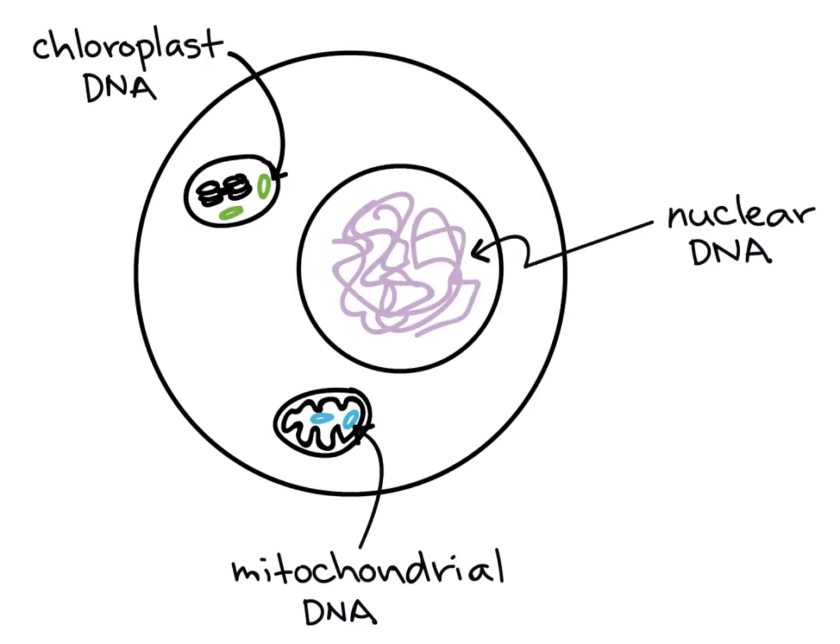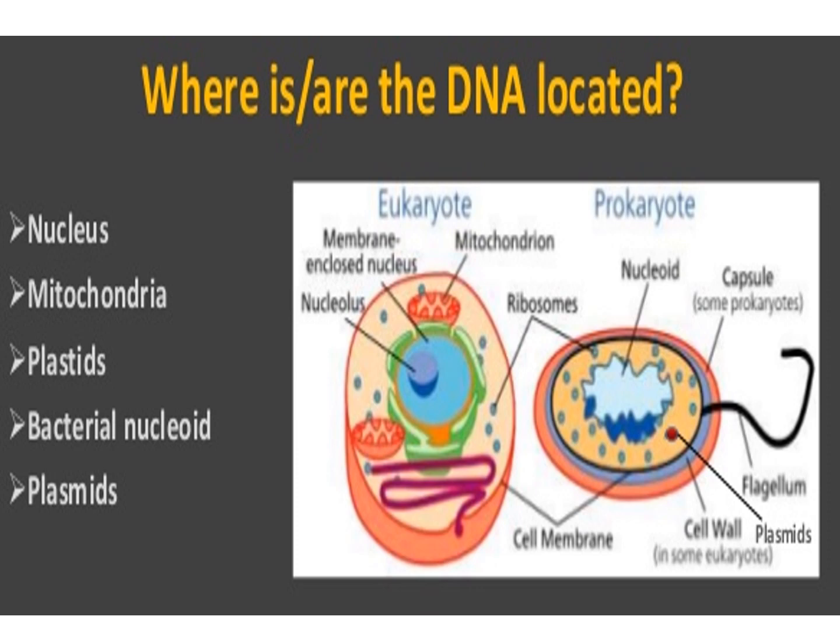But in case of eukaryotic cell, the DNA is not only present in the nucleus, it's also present in the chloroplast as a chloroplast DNA or plastid DNA, and another component, the DNA is present in mitochondria. So that DNA is called as a mitochondrial DNA. So in eukaryotic organisms, mostly the DNA is present in three different compartments: nucleus, chloroplast, and mitochondria. So this is the comparison of prokaryotic and eukaryotic location of the DNA.